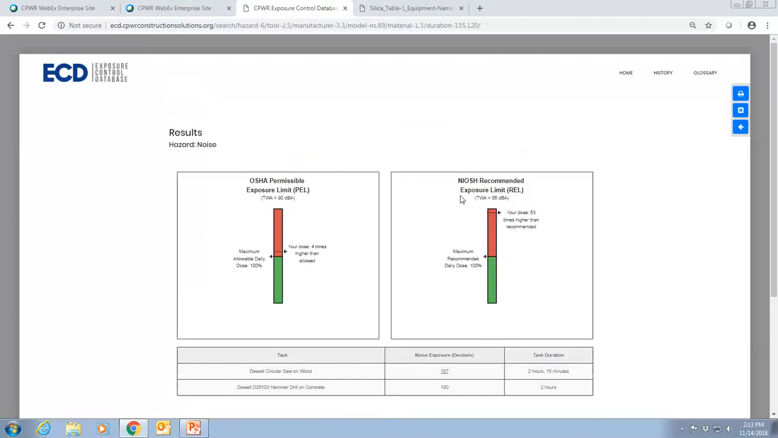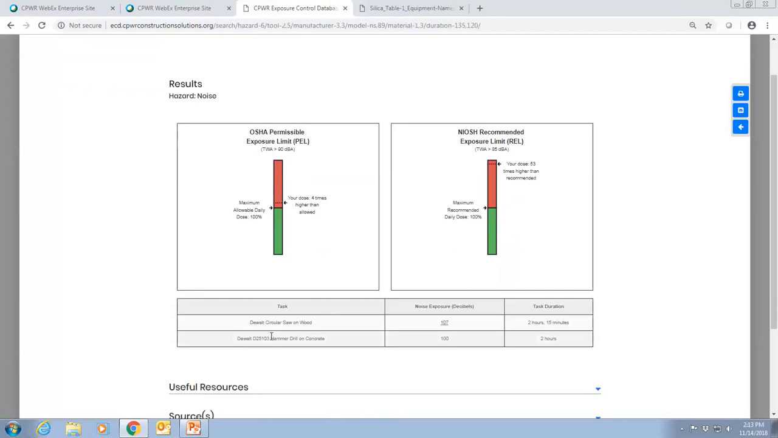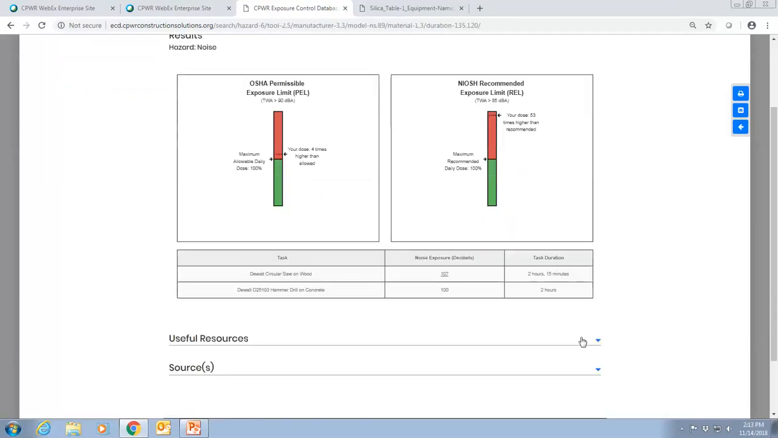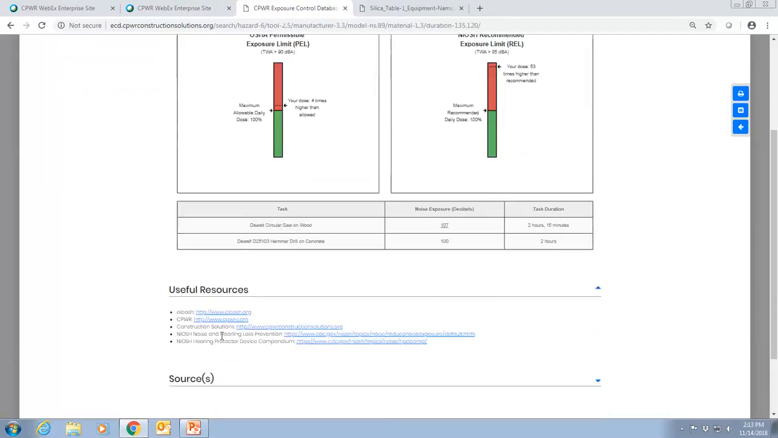And then we can also see to the right that the NIOSH recommended exposure limit criteria will expose us to a dose that is 53 times higher than recommended. So this would tell us that we needed to either rethink the tools we're using or consider PPE that would protect workers' hearing. Useful resources are a little different, but also show you some CPWR resources that can help you